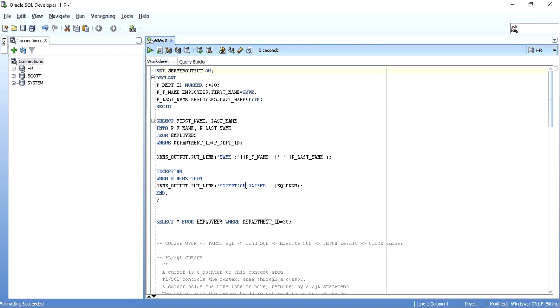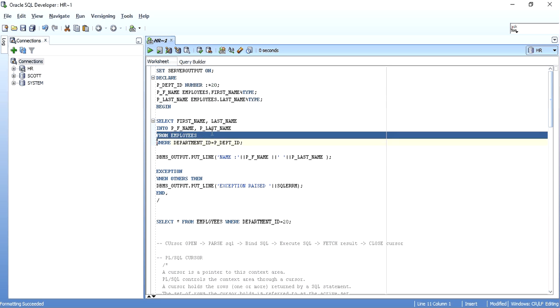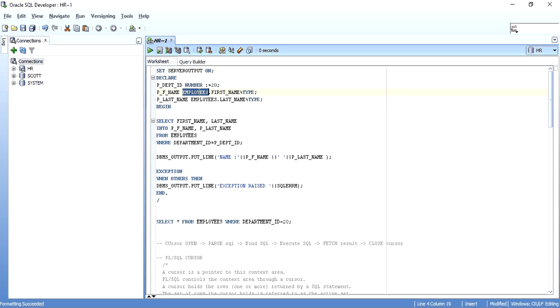But if you are working with just one or two variables, as in this case, you should explicitly declare these variables, like I have declared over here. I'm storing the first name and last name into two variables called p_first_name and p_last_name. Then you have to declare them as a type, like table_name.column_name%TYPE. So what advantage do we get by declaring with %TYPE? Say suppose